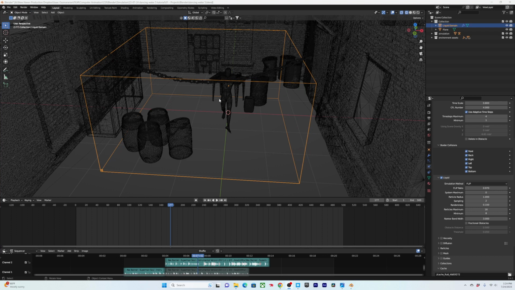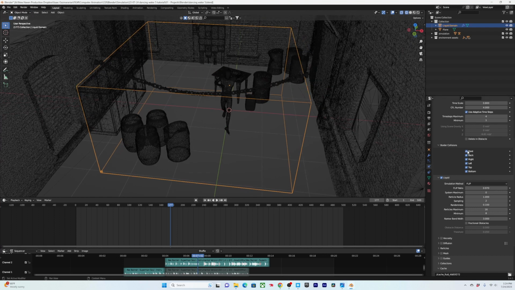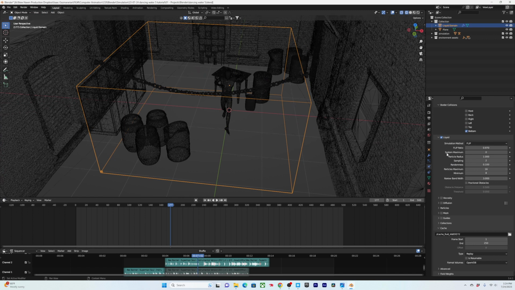Border collisions: for this, I don't want it bouncing off any of the walls except for the bottom, so I'm going to turn off all of these except for the bottom. This liquid, I'll keep the same for right now. You can change the flip ratio. The more you lower this, the less splash you'll get. So it can be good if you want more of a gooey solution, but it might honestly be